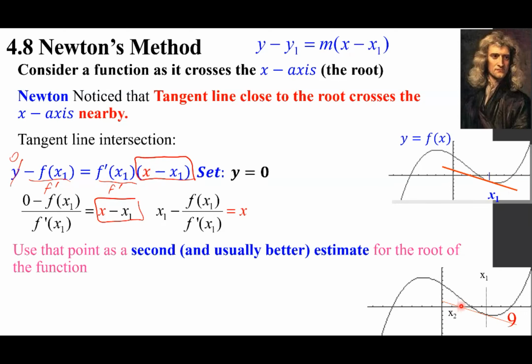Now, this one, if you do the next tangent line for the curve at this point. So at this point, okay, that's the idea. If you draw a tangent line,